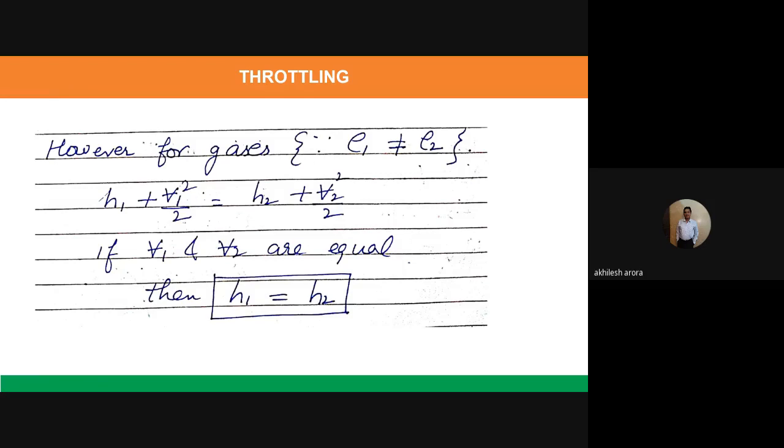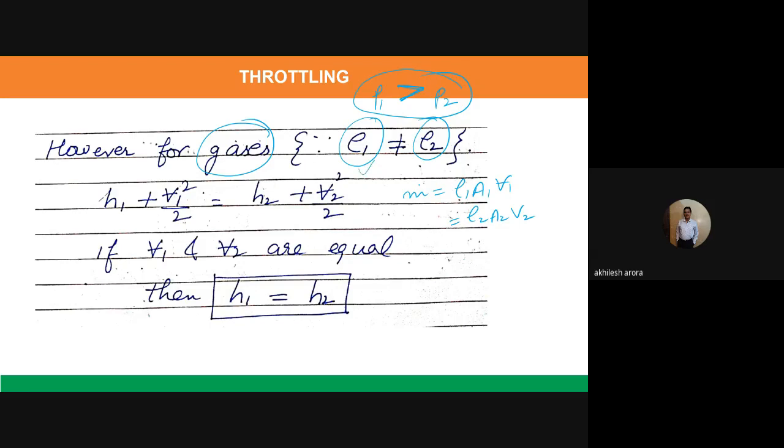However, for gases, if we are considering a gas, what we write is M is equal to rho1 A1 V1, that is equal to rho2 A2 V2. Now I am considering a gas. In case of gas, the density 1 will not be equal to density 2, because the pressure here is P1 and the pressure here is P2, and P1 is greater than P2. So the density will vary at both the places. Now let us try to analyze this particular situation. Now what will happen in this particular case?